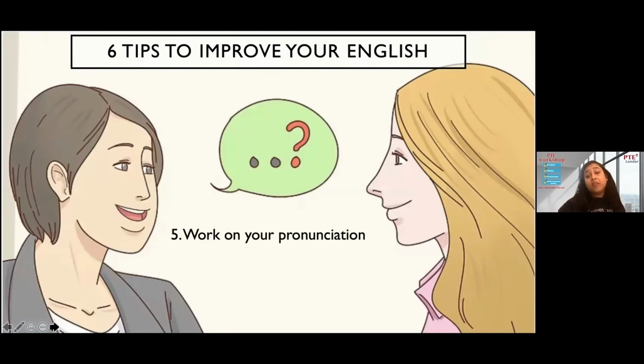Work on your pronunciation. We have already talked a lot about pronunciation. So when you are speaking with other people, focus on how they speak. Listen more carefully. If you're talking with a native speaker or a learner who has a much higher level of English, try to do active listening. Listen to how they pronounce words, how they structure their sentences, how they pause in between sentences, actually everything they do while they're speaking English. Learn from them as well and work on your own pronunciation at the same time, and also try to get feedback.